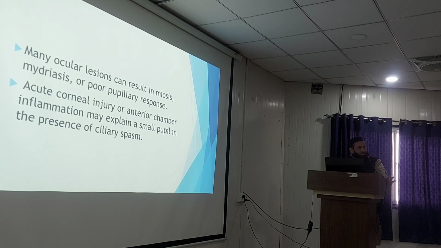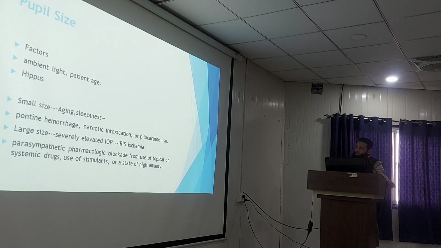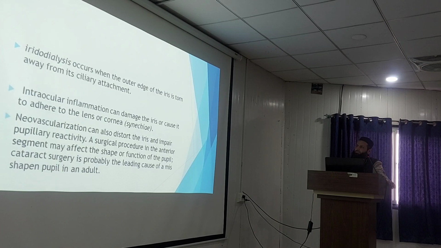In uveitis, the constricted pupil is the rule, unless there is posterior synechiae. See here, dilated pupil, glaucoma. So this is the pupil size. In trauma,